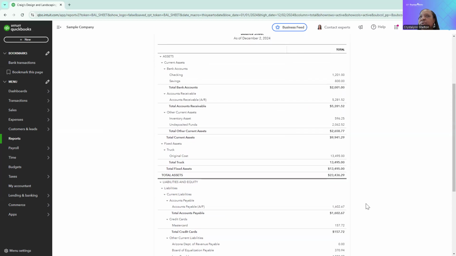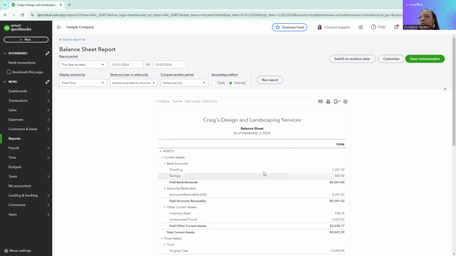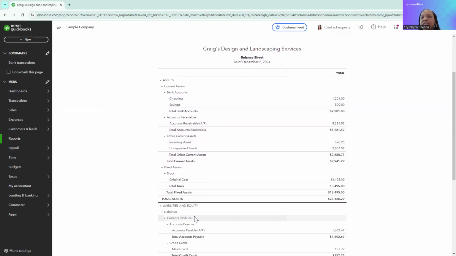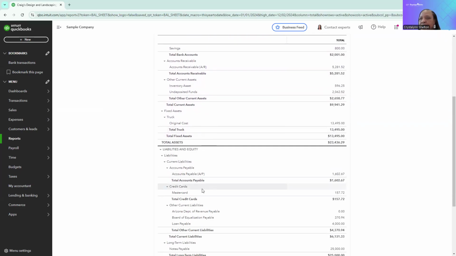And so this report, again, you want to make sure that each time you've reconciled your bank accounts, for example, that the balance here on that balance sheet report matches what your bank account statement says for your checking account, for your savings accounts, as well as your credit card accounts. And so, yeah, we've got one credit card here. And so this report is key,